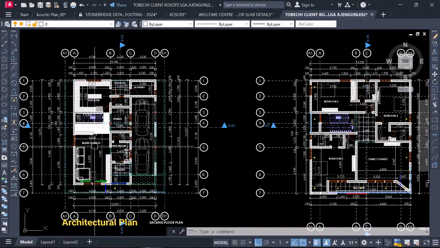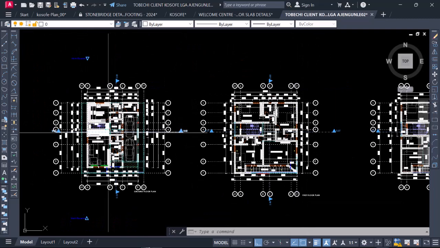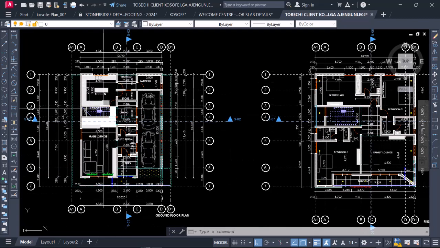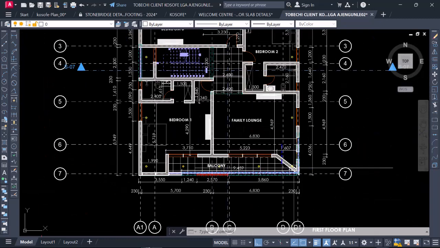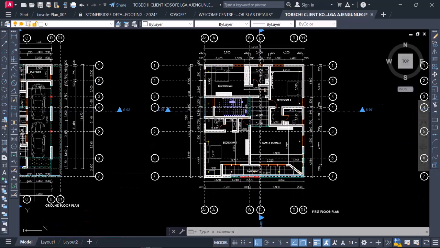As you can see here, this is where we have a ground floor plan and this is the first floor plan, all right? So we'll be using the ground floor plan for us to be able to design our foundation. But mind you, you're going to see that we have some cantilever, all right? I'm not teaching you about this, but I just want you to notice that on this structure, while I was designing,